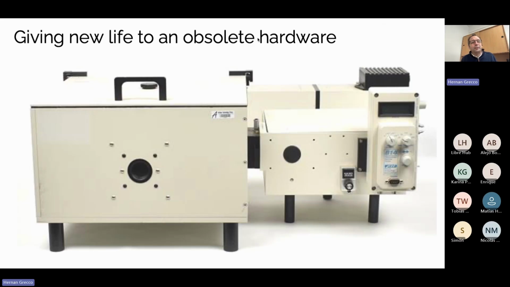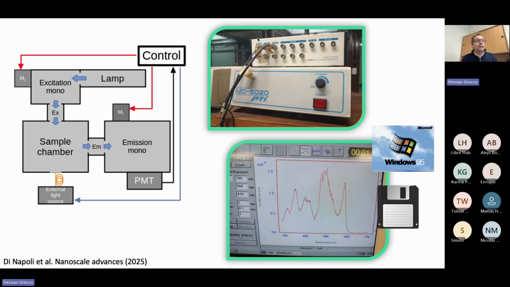And we have this spectrofluorimeter, which is a Horiba, a very nice spectrofluorimeter with an excitation arm, an emission arm, monochromators, everything. The optics is great, the mechanics is great, the detectors are great. But the problem of that device is that it's controlled with very, very old electronics using Windows 95, and the data has to be saved in a 3¼ inch disk.